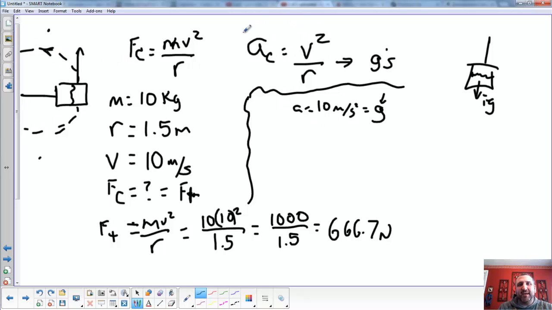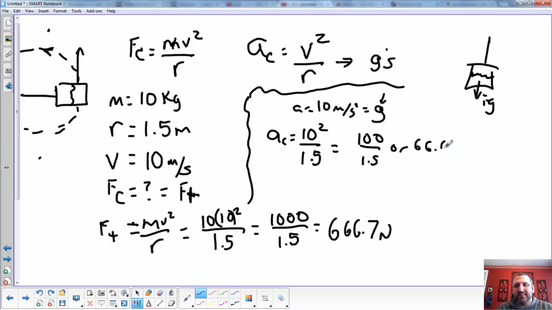So the equation for that is AC equals V squared over R. Using the same scenario, AC equals 10 squared over 1.5, we would see that it's 100 over 1.5,